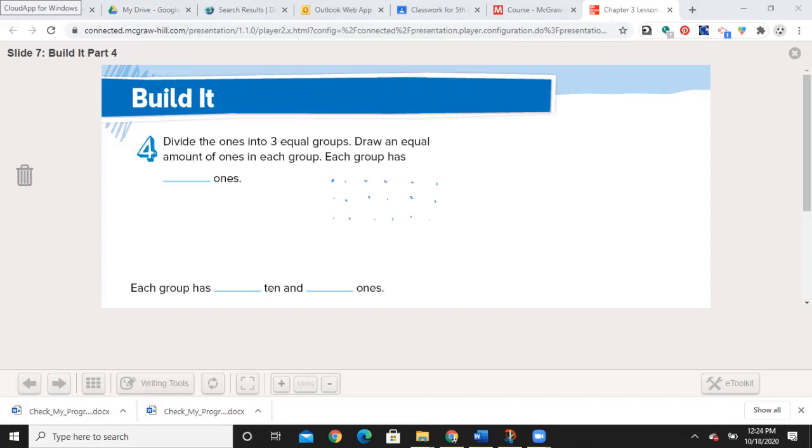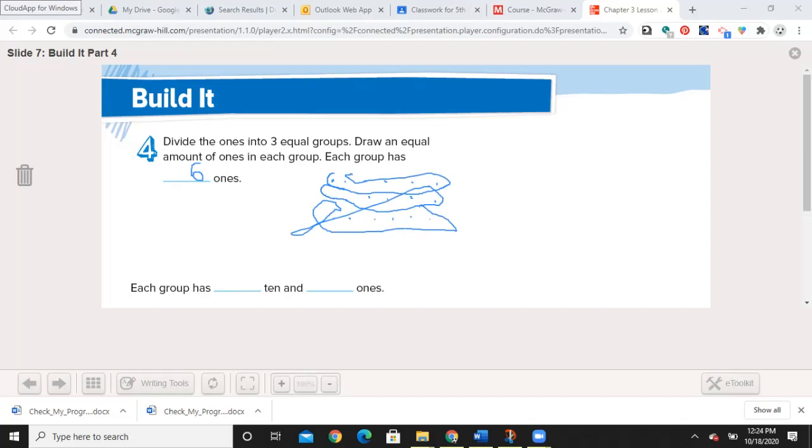And now I have my groups. Here's one group. There's the next group. And the final group. And there are 6 ones